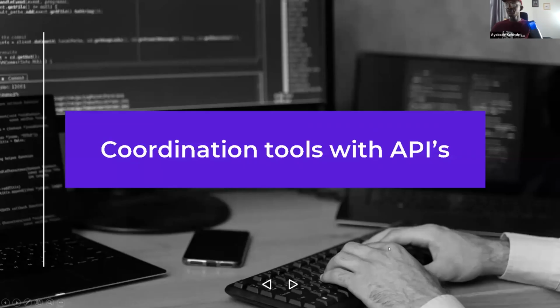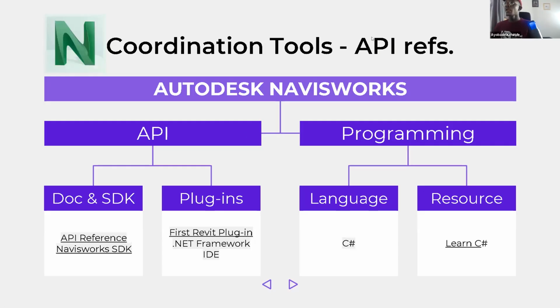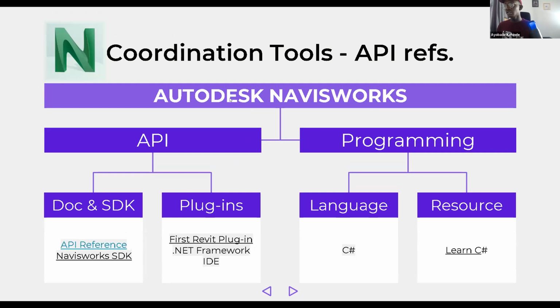Okay, so let's move to coordination tools that have APIs in them. One of the coordination tools here is Navisworks. Navisworks also has online documentation for its API, where other software can communicate with it. So the API reference is online for download. Just visit API-docs.com. You find the Navisworks guide, or you could download the